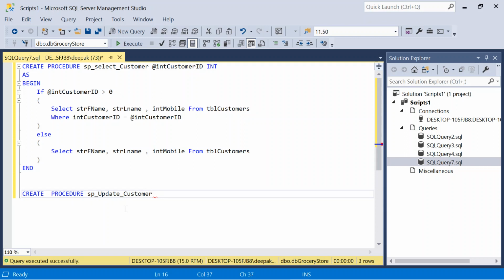Again, we need to follow the naming convention. Now we need to pass parameters to the store procedure, which we will use to update the record.